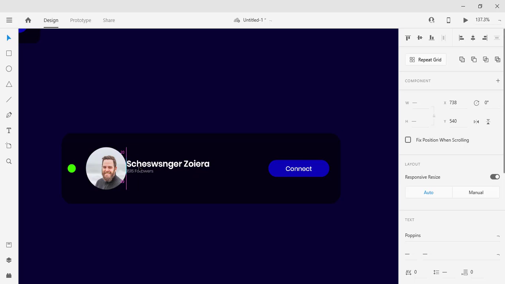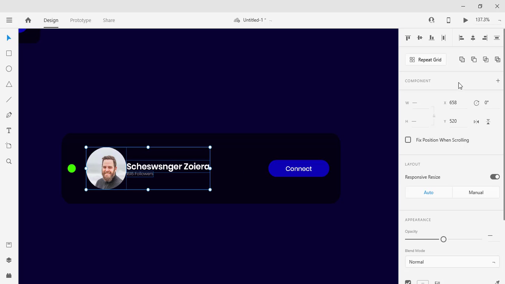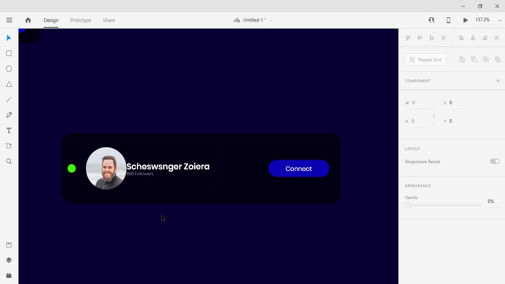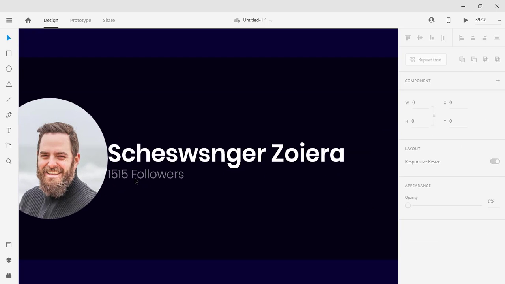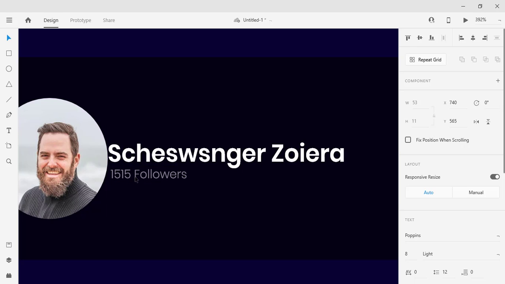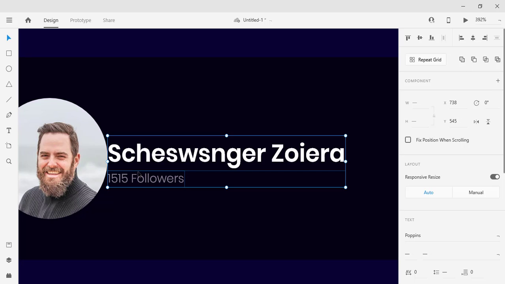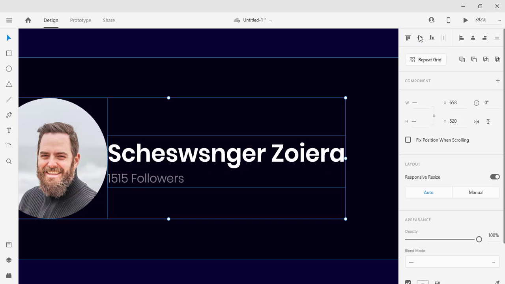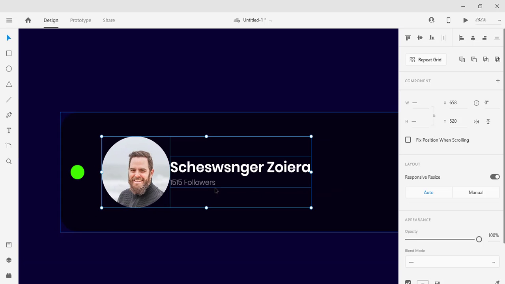Again, the alignment, do that. First of all, yeah, perfect. We will group this, and then by selecting this, do this center alignment.